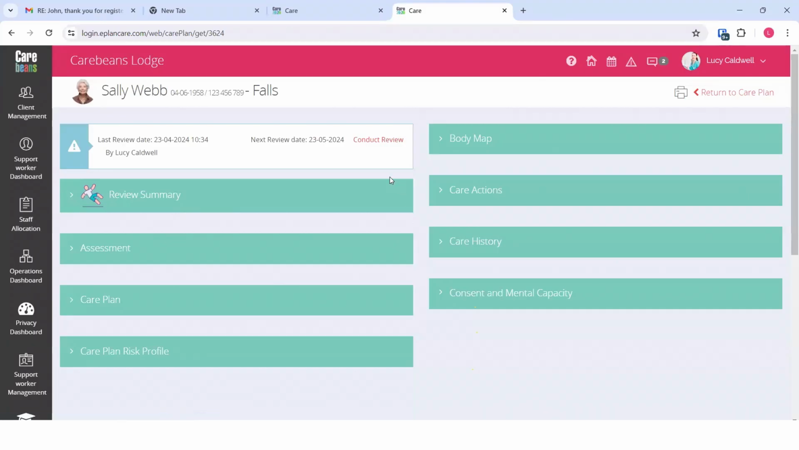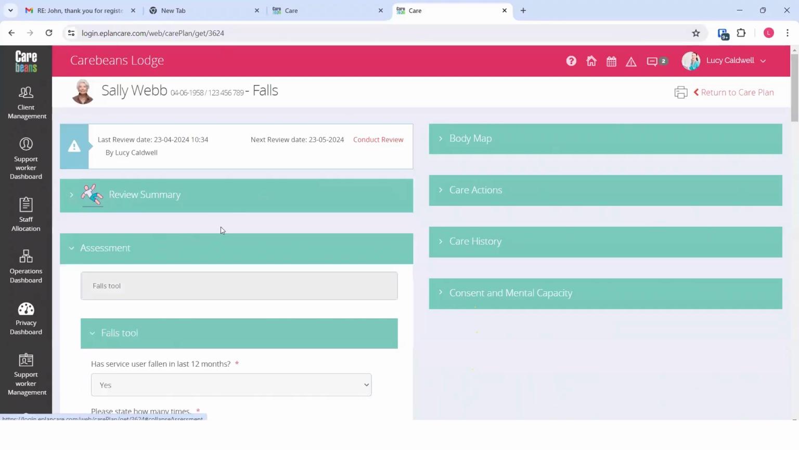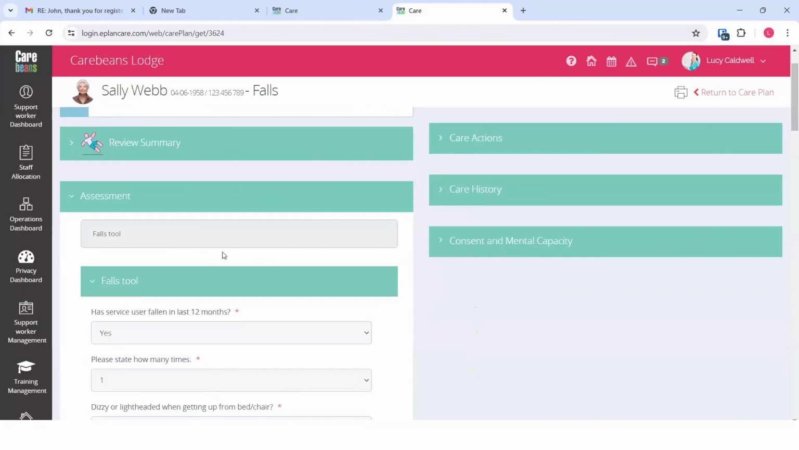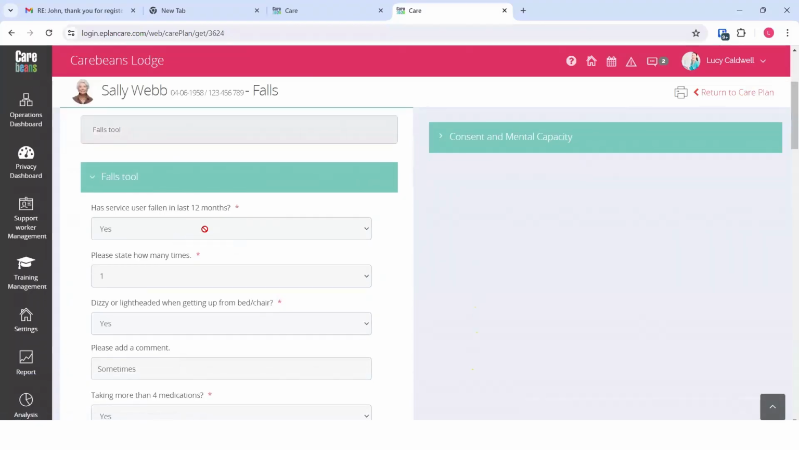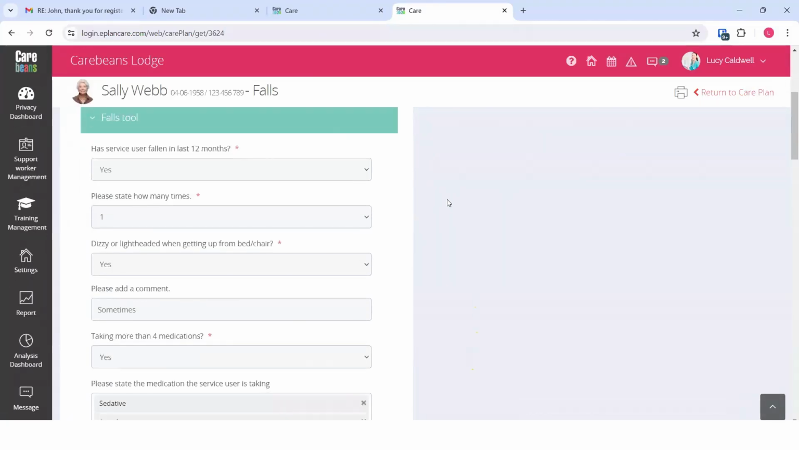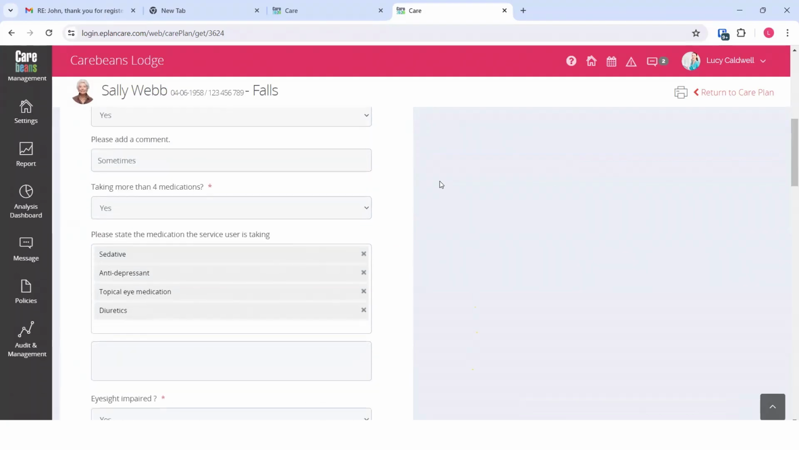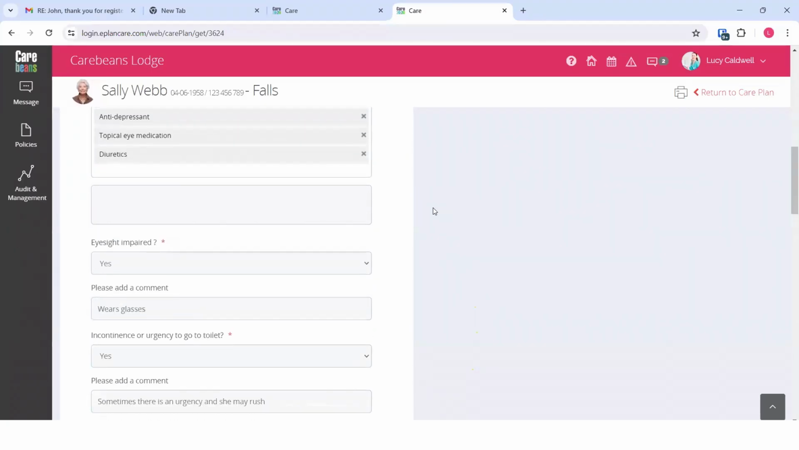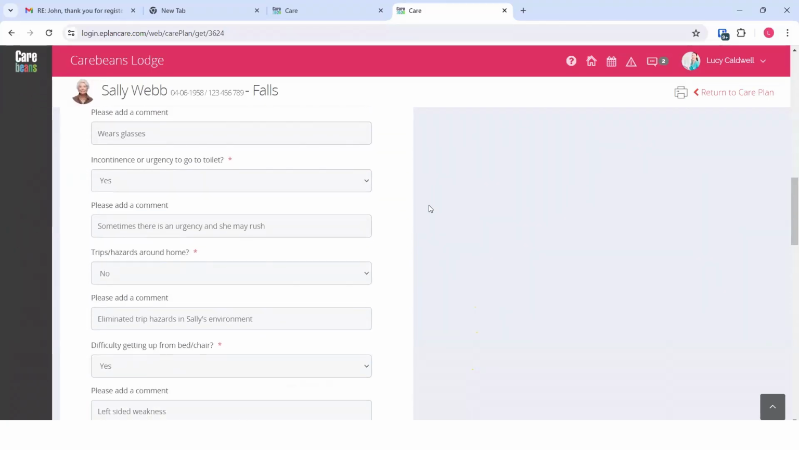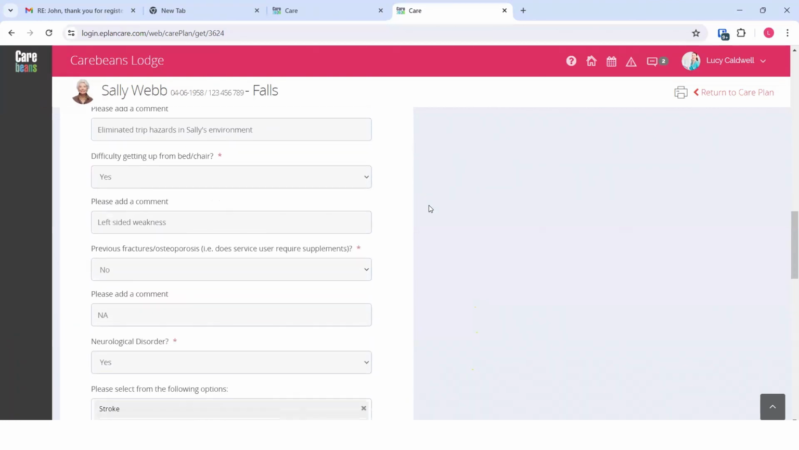So it's the same kind of care plan creation there. This time, there we go, we've got the falls tool. I've filled this one in already. So it's those different factors. Has she fallen in the last 12 months? How many times? Is she dizzy or lightheaded when she gets up from the chair? Does she take more than 4 medications? Because of course they may affect the risk of falling. There's all those different factors that we've said yes or no to, and then we can write comments as well